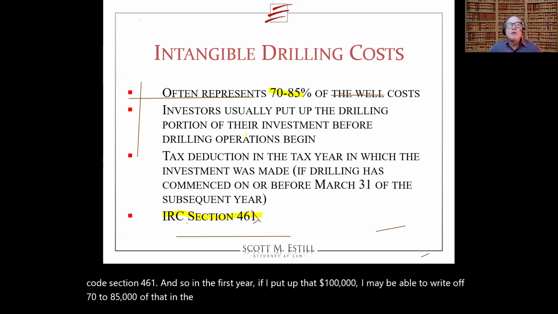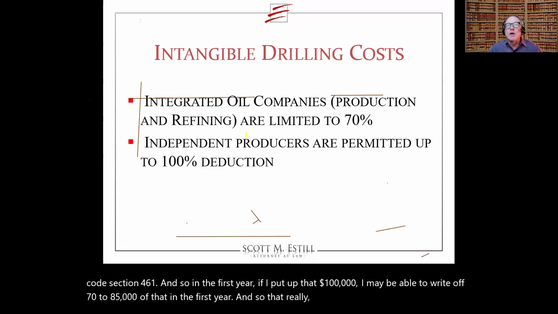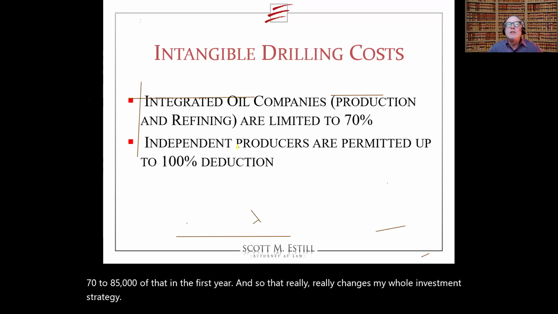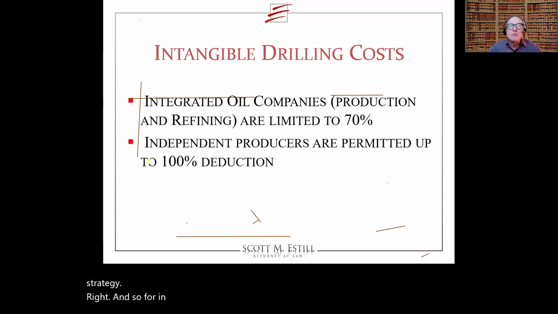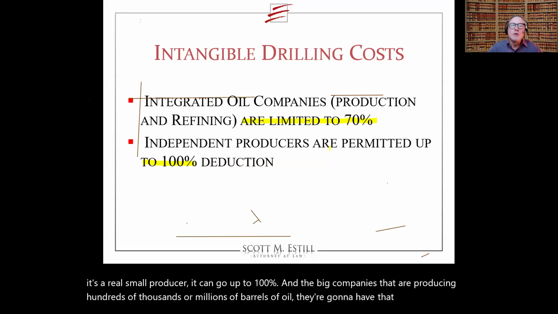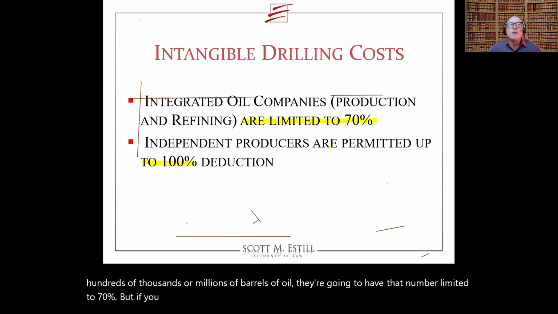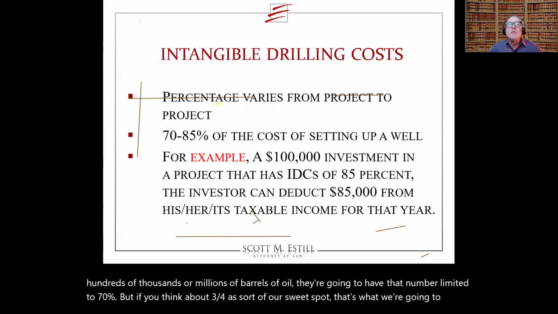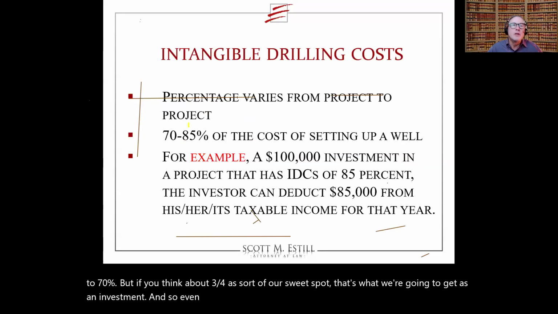And so that really, really changes my whole investment strategy, right? And so if we're in these independent producers, I mean, sometimes we can see where if it's a real small producer, it can go up to 100%. And the big companies, that are producing hundreds of thousands or millions of barrels of oil, are going to have that number limited to 70%. But if you think about 3/4 as sort of our sweet spot, that's what we're going to get as an investment. And so even though it varies from project to project, and they'll tell you this up front as far as what it is,